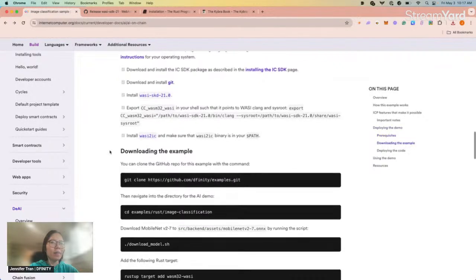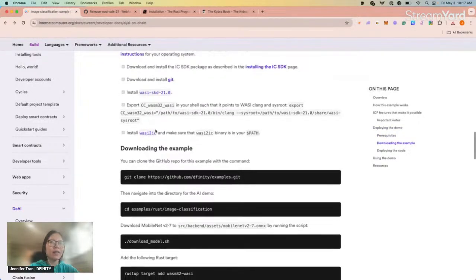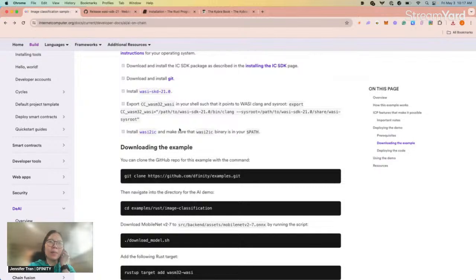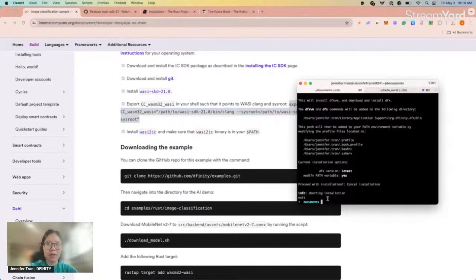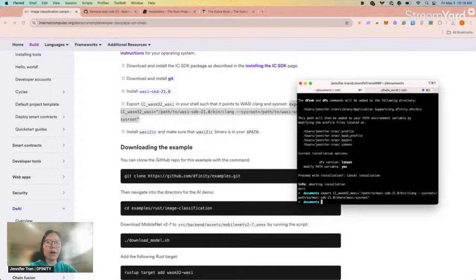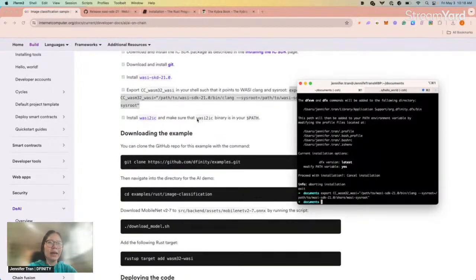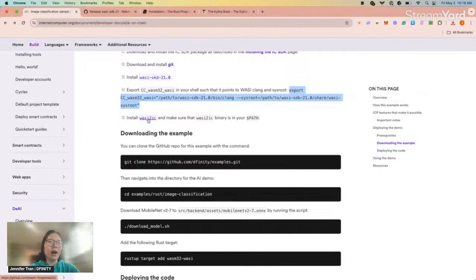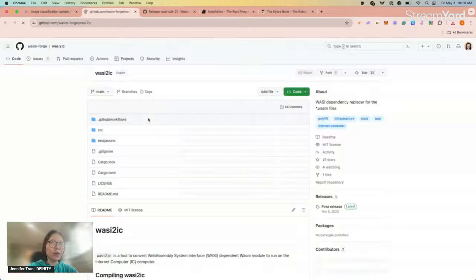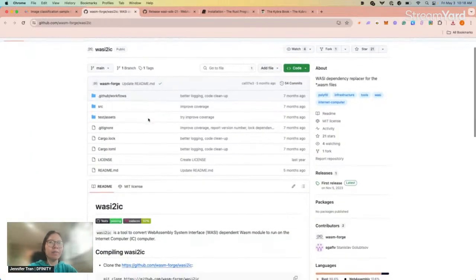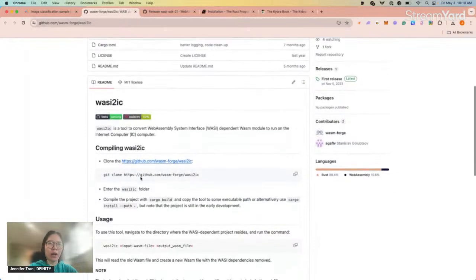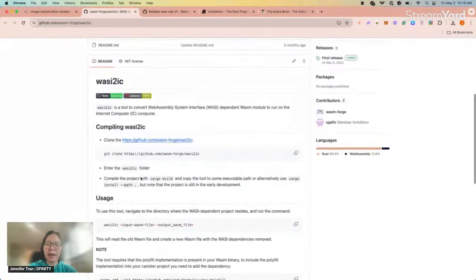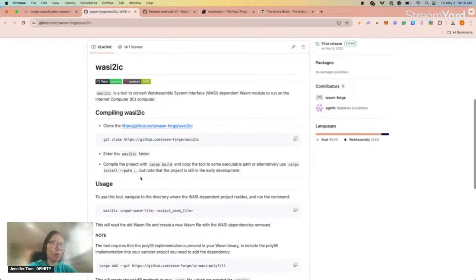It also suggests that you export WASI32 in your shell, so let me do that myself. I've already done this as well. Then it also asks you to install WASI2IC, because in order to use WASI, a computer needs a special library to convert WASI into a WASM module.